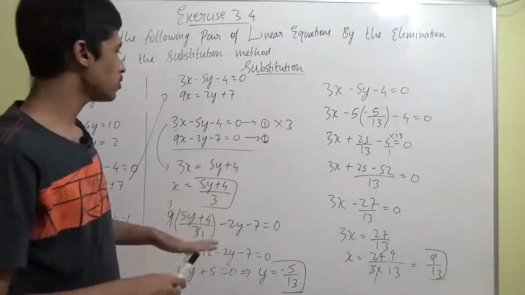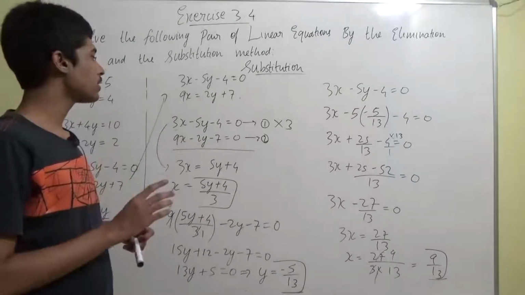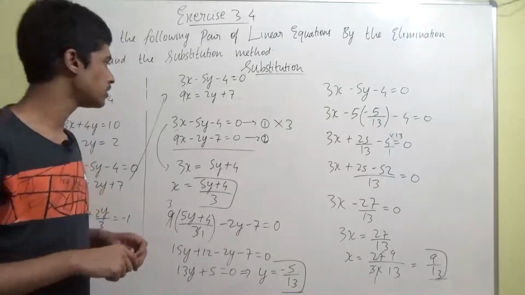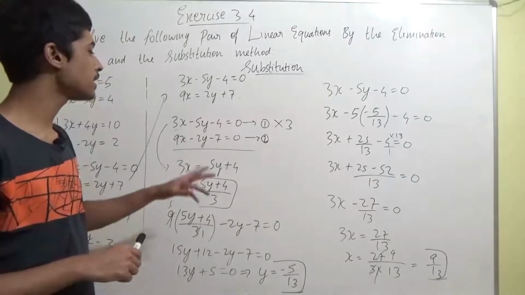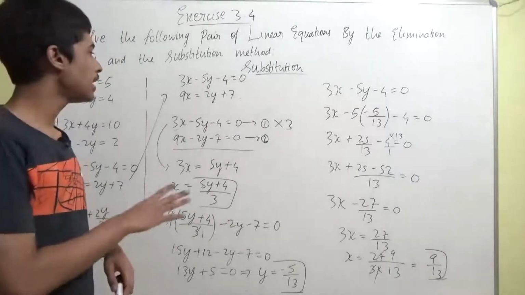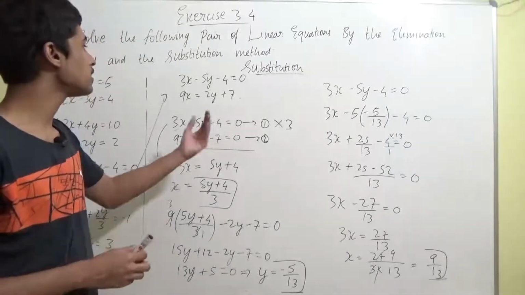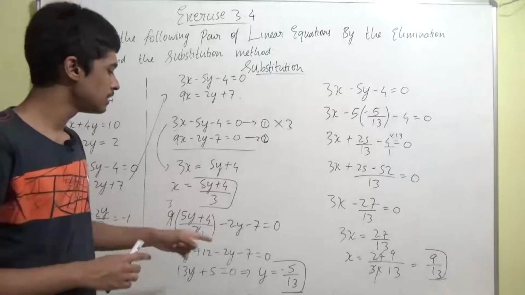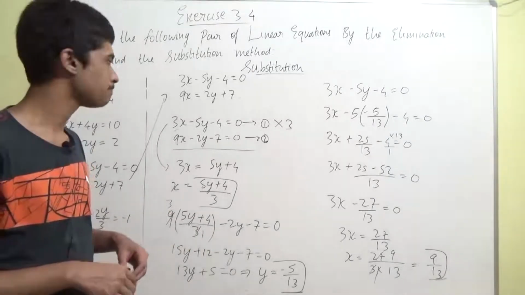Then this y value you can put in any of these two equations after getting one value, right? After getting one value, either x or y, after solving generally any pair of linear equations in two variables, you can put it in any of these two equations, 1 or 2, and then you will get the other value automatically. And then the last step is the verification step, as I said. But in the same question for the elimination method, we did the verification of both x and y, which means for this also it's going to be correct only because it's the same, right?